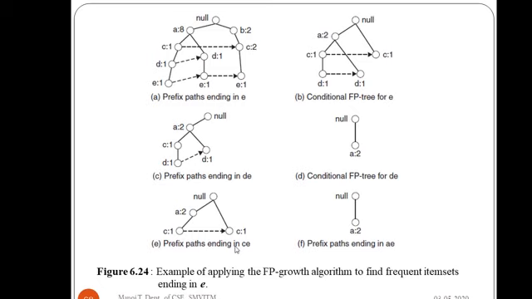Similarly, you do it for the CE. CE is very simple. First you update the support count. No updation of the support count happens because it contains all the transactions A2, C1 and C1. This part will be there. Next we have to remove the nodes containing C. Then you obtain the path A2, which satisfies the minimum support count. Similarly, obtain the prefix path ending in AE.